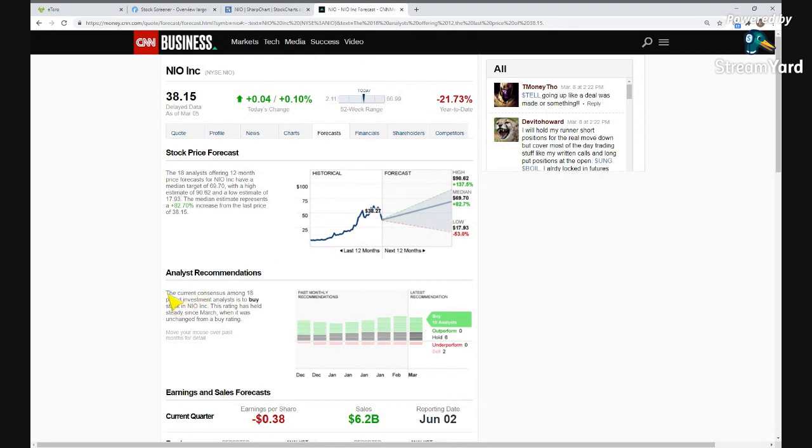And then you look at the current analysts' expectation, if they give a rating to the stock. So the consensus over 18 polled investment analysts is to buy NEO stock, okay? So 10 analysts are saying to buy, 6 analysts are saying to hold, and only 2 analysts are saying to sell the stock. Okay, so more analysts are saying to buy the stock. So I'm going to be watching this to see if it even comes down lower when I get it at a good price. Okay, and also you can go to